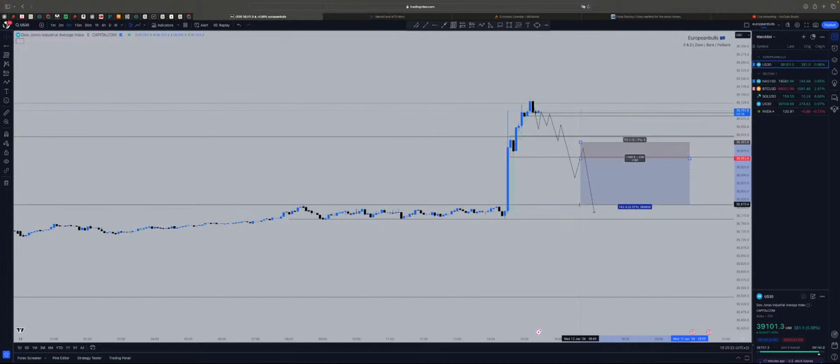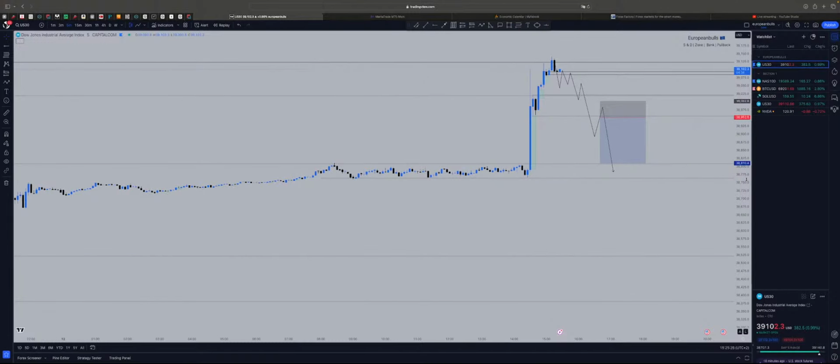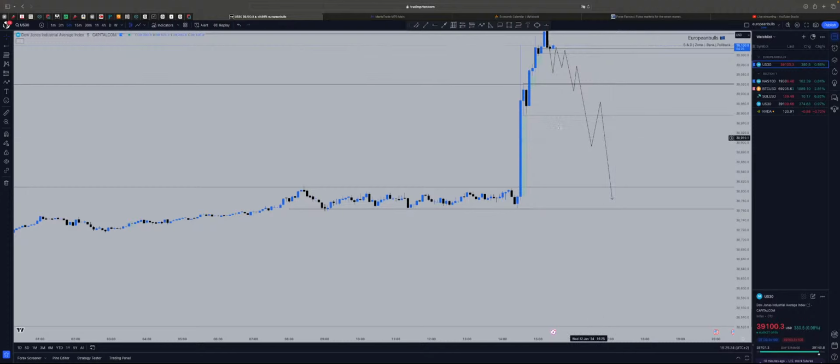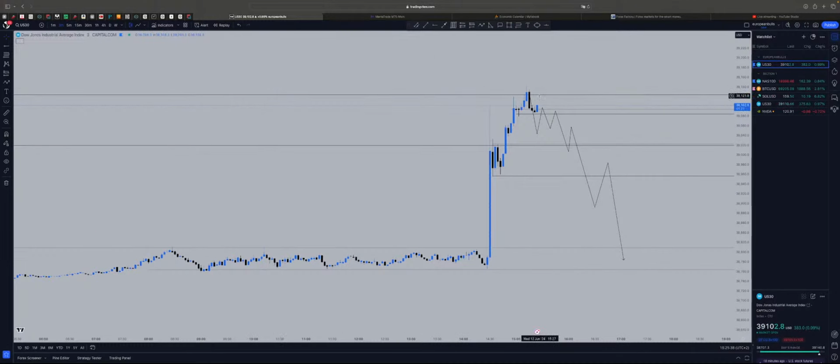Well, yeah, you can get something. The price has done a really big move, so even if we enter here, we will be able to secure at least 3R. All right, so let's see what's going on.